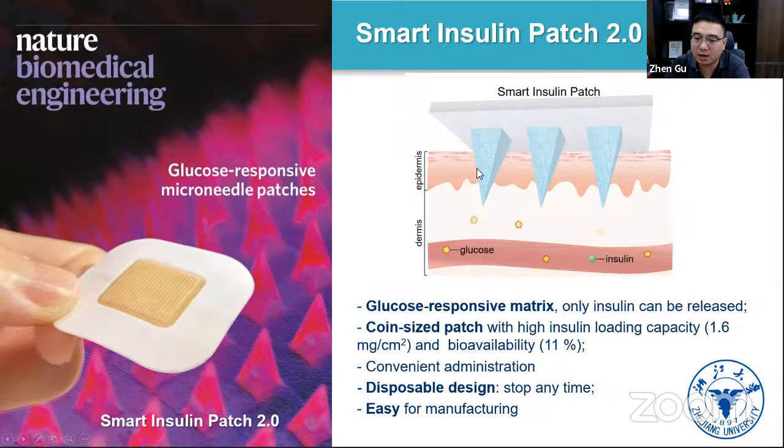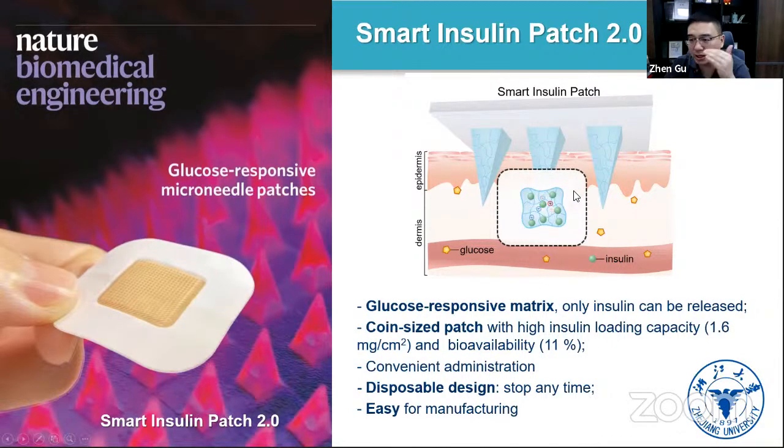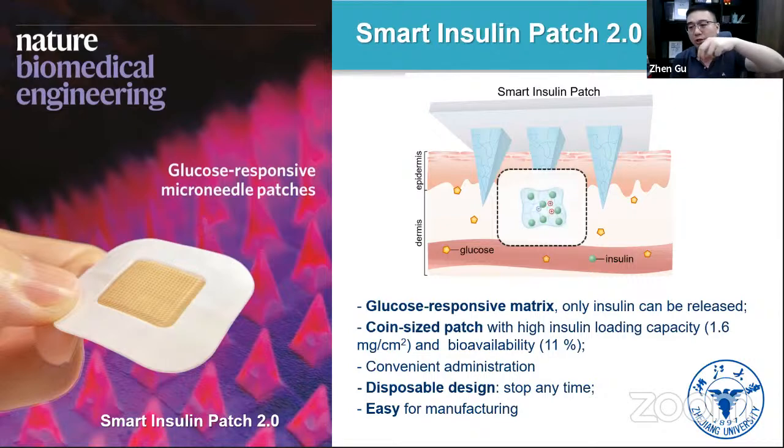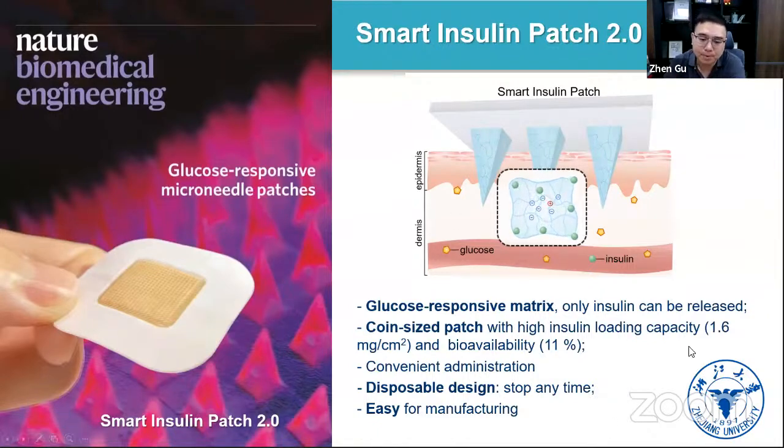Now since the whole matrix is glucose responsive, the bioavailability of the insulin can be significantly increased compared to our previous design, where we added such a formulation to the microneedle patch. And now we can just simply pour the mixture of the insulin together with the monomers and shine light on it, and it can form the glucose responsive matrix with the insulin encapsulated inside. And